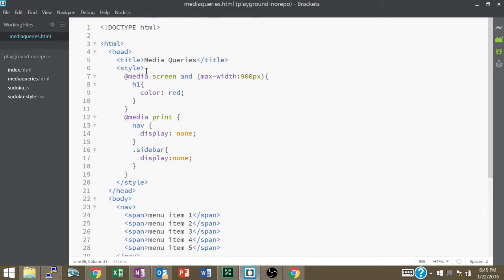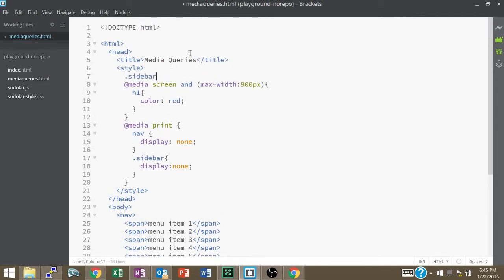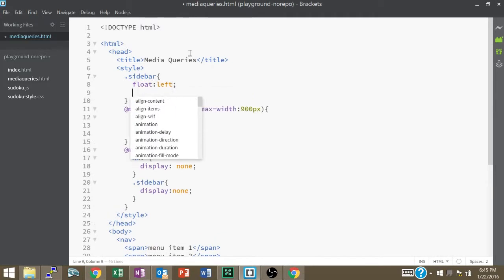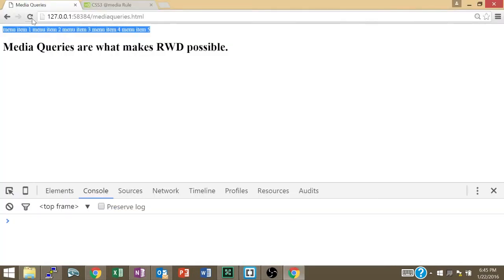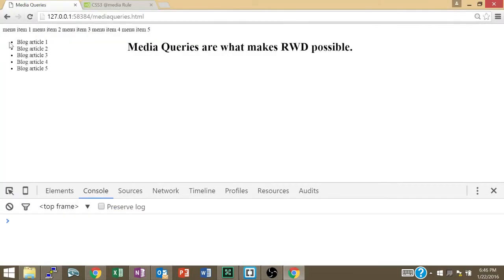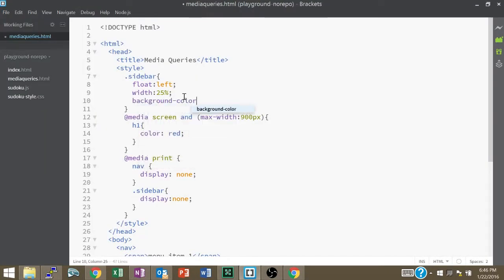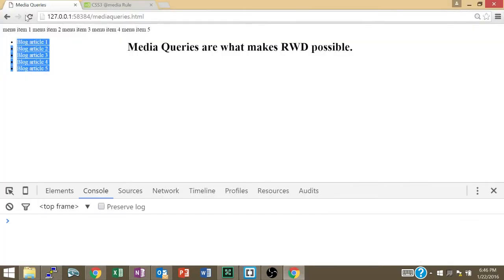And I'm gonna actually style the sidebar, a regular style for the sidebar. Right, that's gonna say float left and width 25%. And let's see what that looks like now. There we go. So now I have my sidebar here. Actually, I'm gonna give it a background color too. Background color RGB, say 200, light gray. There we go. So I have my sidebar, I have my awesome looking navigation bar, and then I have the